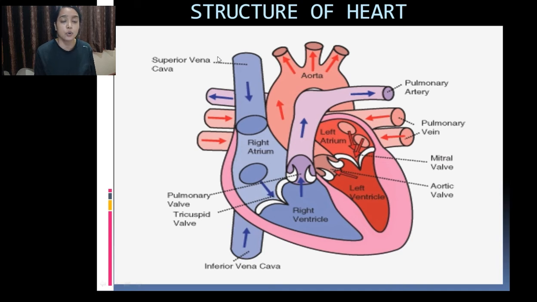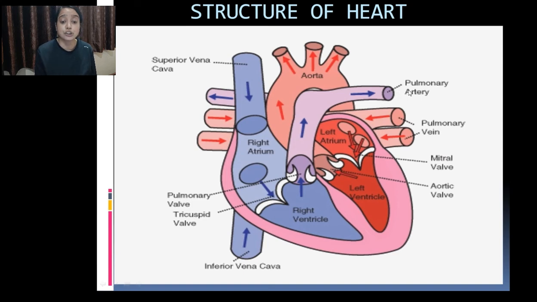Look here at how the blood comes inside the heart and how it circulates inside the heart. From the superior vena cava and inferior vena cava, blood comes to the right atrium. Which kind of blood? It is carbon dioxide rich blood, which we generally call in one word deoxygenated blood. The inferior vena cava collects blood from the lower body region and the superior vena cava collects blood from the upper body region and sends this blood to the right atrium. From the right atrium it goes to the right ventricle. From the right ventricle this blood goes to the pulmonary artery.